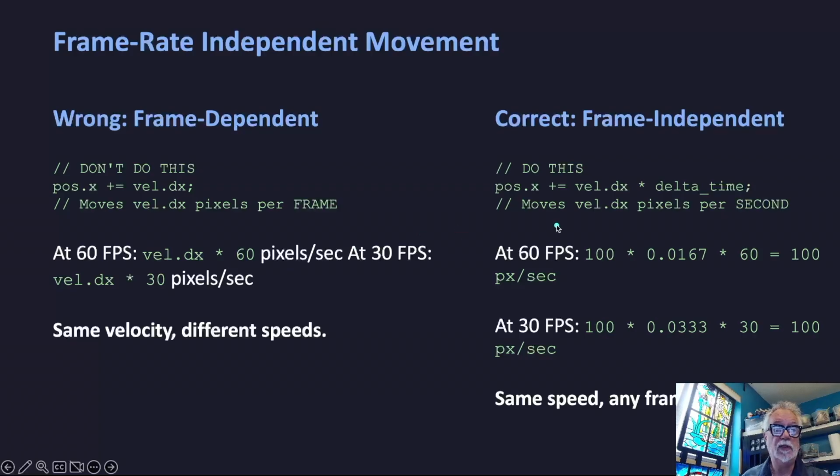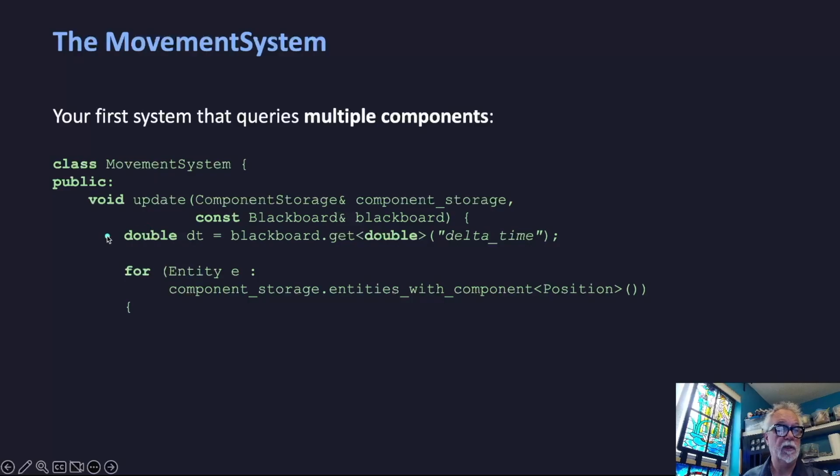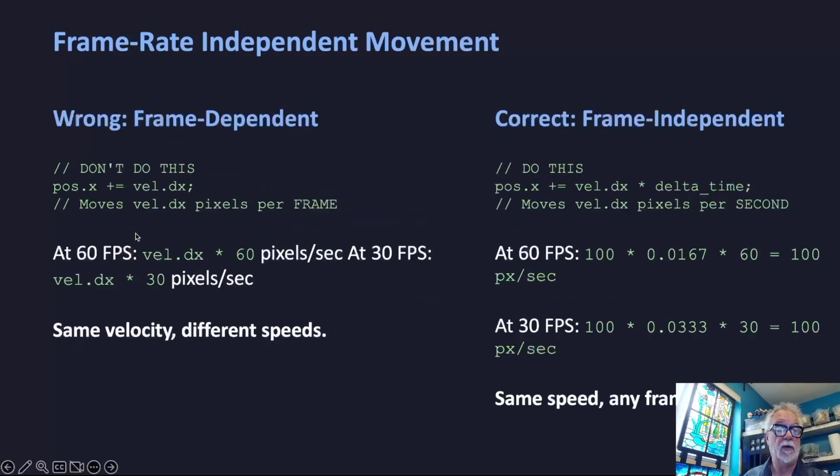What you want to do is this one. You want to compute the delta. The reason that we do this here is that this is the amount of time that elapsed last frame. So we use the delta time from the last computed frame to be the amount of time. We're going to multiply the speed of pixels per second times the amount of seconds that occurred last